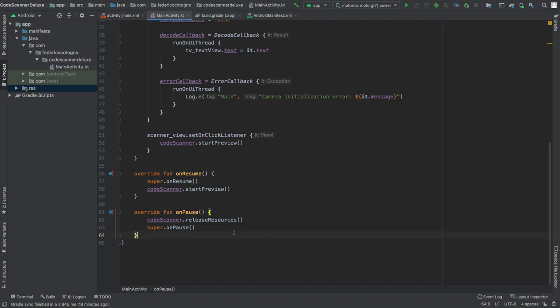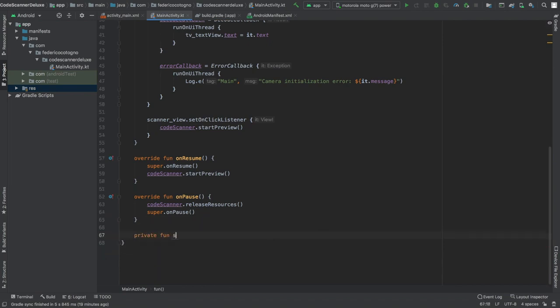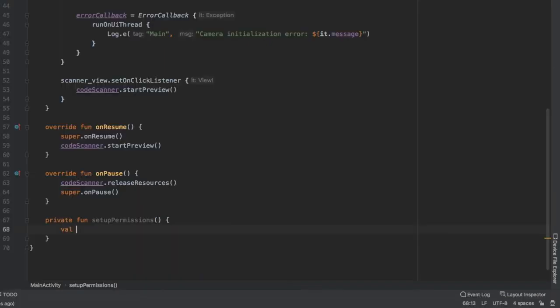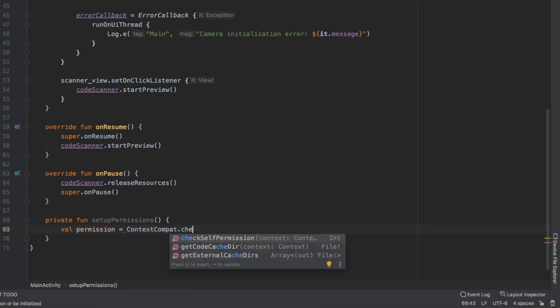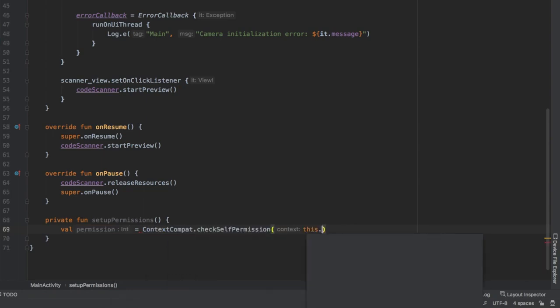So the first thing we want to do is right under all of these functions, we can just go below and type in private function called setupPermissions. And we have to create a permission in here. So it's going to be val permission, and that's going to be equal to ContextCompat.checkSelfPermission. And it's going to take the context of this. And we also have to enter the permission we wanted to check. So we'll type in